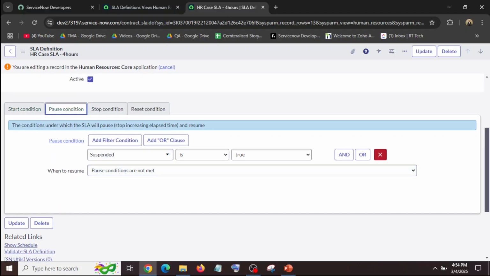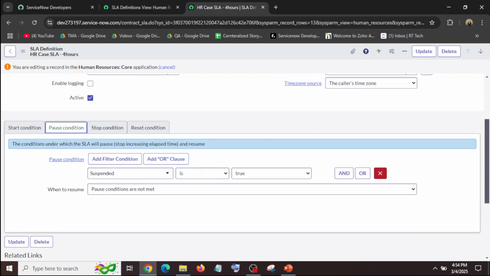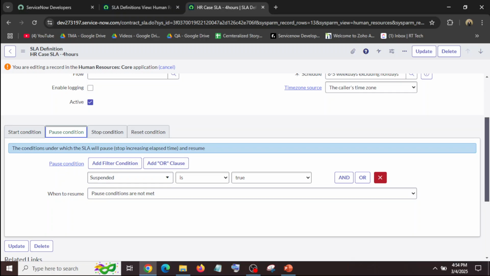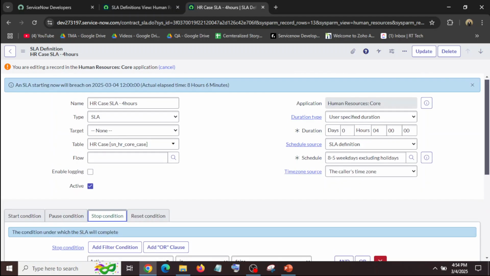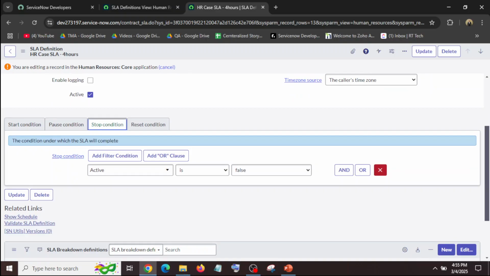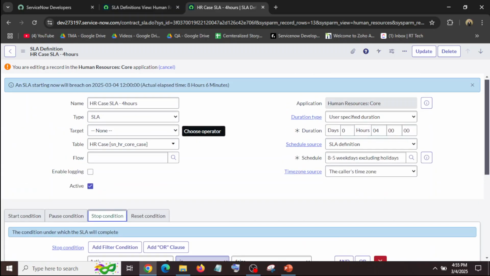Then the pause condition. In the pause condition, we define the condition on which the SLA should be paused, like here the condition is suspended is true. So when the case is suspended, the SLA is paused. The next tab is for the stop condition, and here we define the stop condition like active is false. When the case is inactive, it automatically stops this SLA. So in this way an SLA works.